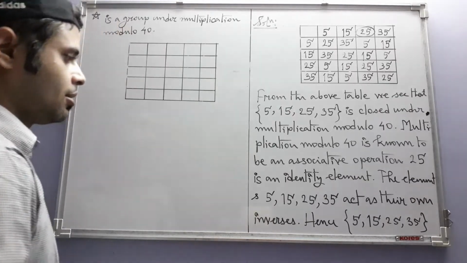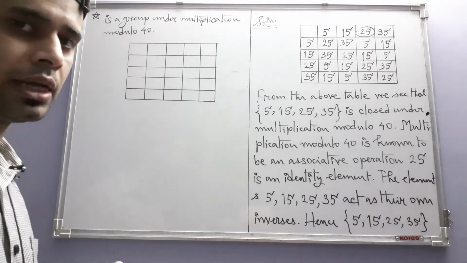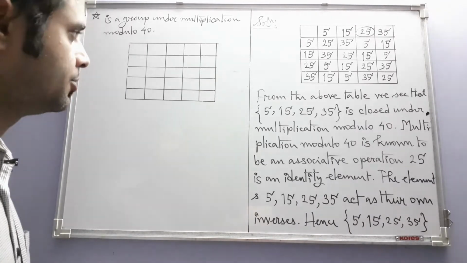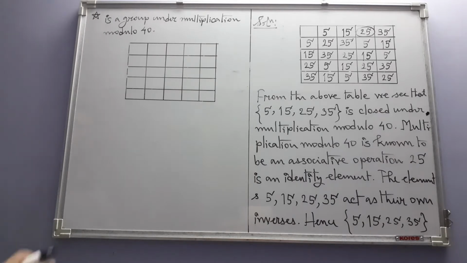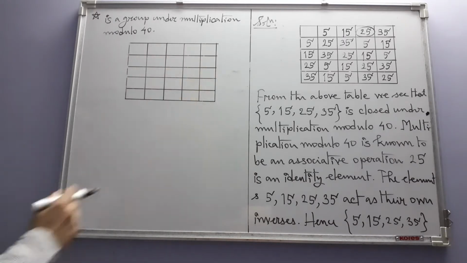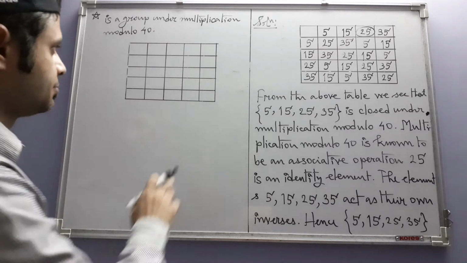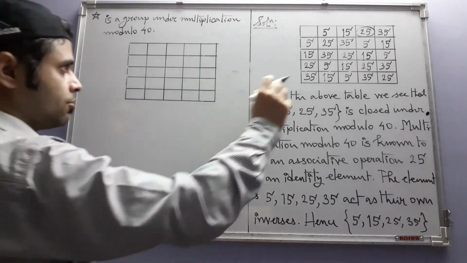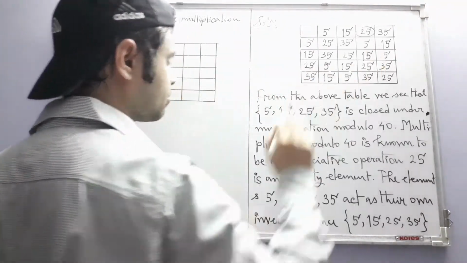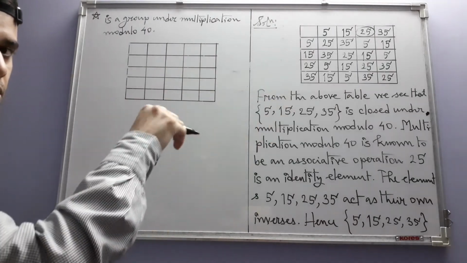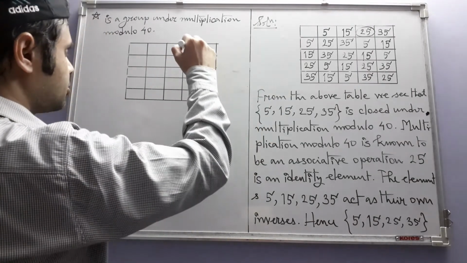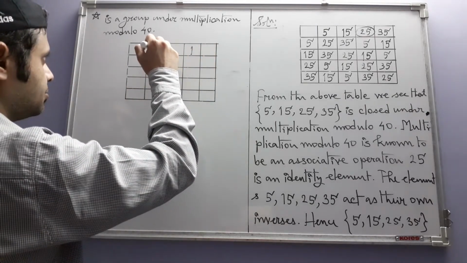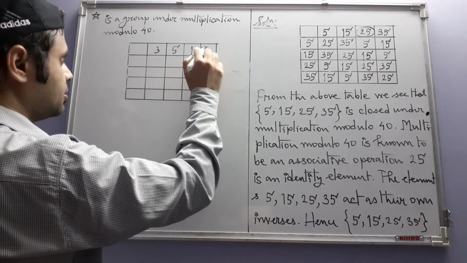Now U8 you already know has 4 elements, 1, 3, 5 and 7, that is the integers less than 8 and relatively prime to 8. But we are going to write them in a particular order which will bring out the relationship between these two groups. Note that the identity element here in this composition table appears there on the third column. So here also we are going to write the identity element in the third column, and the other elements are written like this: